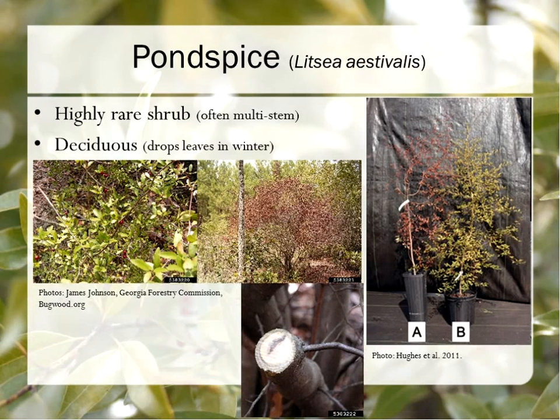Pond spice is a very rare shrub. There's some in Florida, and also researchers at the Forest Service in Georgia have done some work on it. They've done the majority of the work on it. It's deciduous, and it's a multi-stem shrub, and it likes certain kinds of swampy areas. This is just showing the difference between a healthy and an infected tree. And since it's smaller in stem, if you could see that gallery right there, it's more of a suboptimal host, we think,